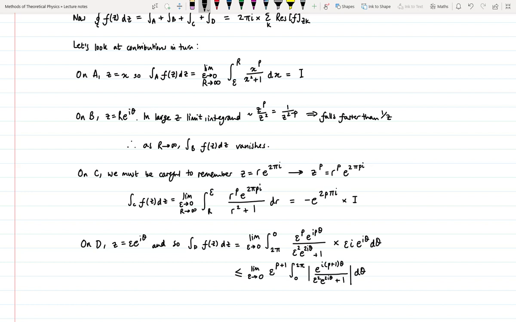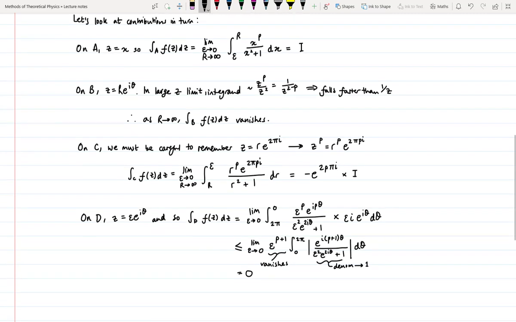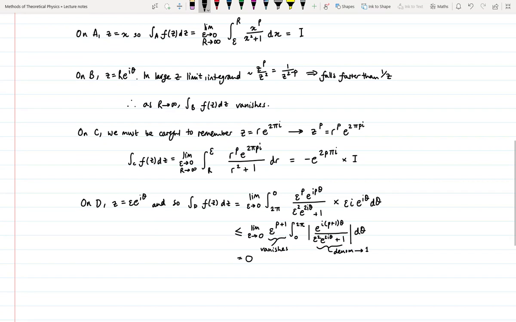You'll notice two things as epsilon tends to 0. First of all, this guy is going to vanish. And secondly, this denominator is going to tend to 1. Together, these ensure that this limit causes the integral to vanish. So the contribution along D vanishes. Putting together these four contributions,